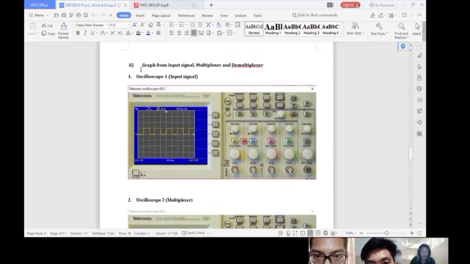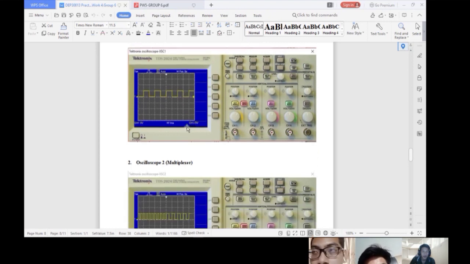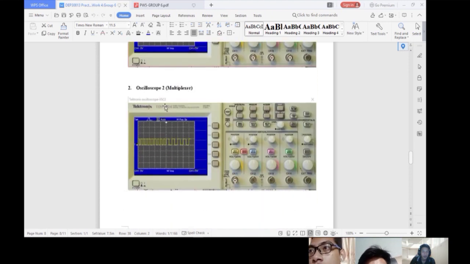So the second one is a graph from the input signal, multiplexer and demultiplexer. So for number one, oscilloscope 1 input signal. So this is our input waveform for the input signal. So second one is oscilloscope 2 multiplexer.